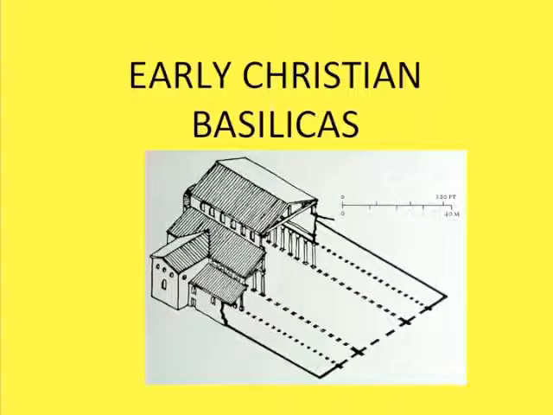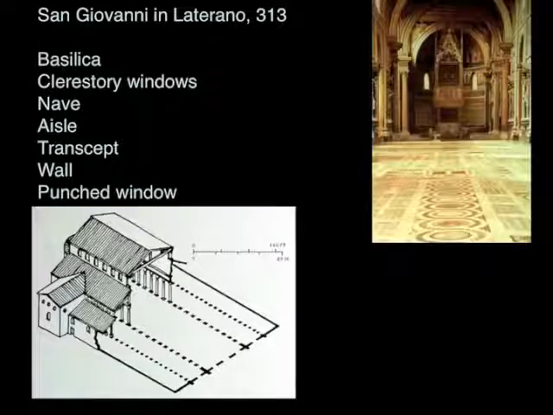After Christianity becomes legalized, after the Edict of Milan, there becomes a project to build some Christian churches. The Lateran Palace is given over as a new seat for the Christian church, and it gets developed into the first early Christian church, St. John Lateran, which I like to call San Giovanni in Laterano, just because it sounds so great. And this is not what St. John Lateran looks like now, but this is probably what it looked like back in the early Christian days, in 313 AD, when it was constructed.